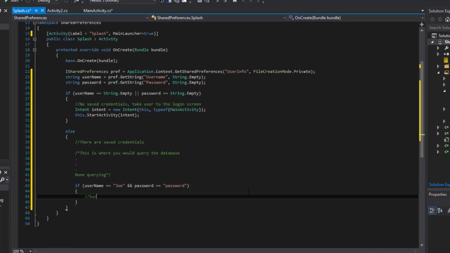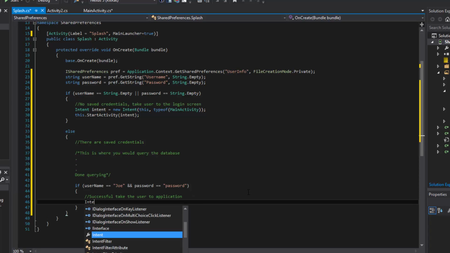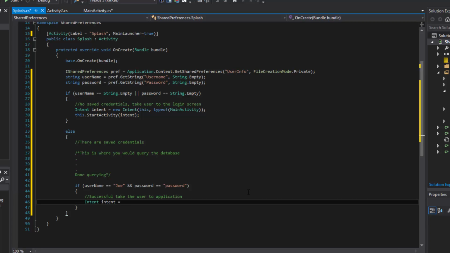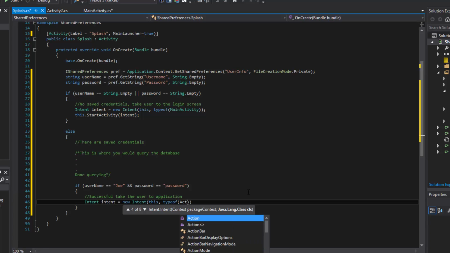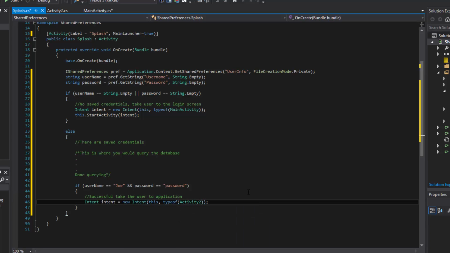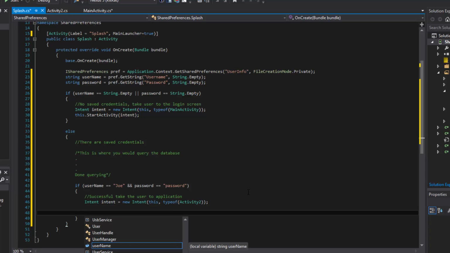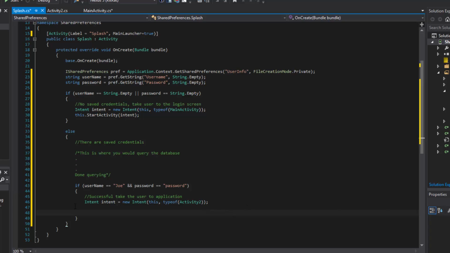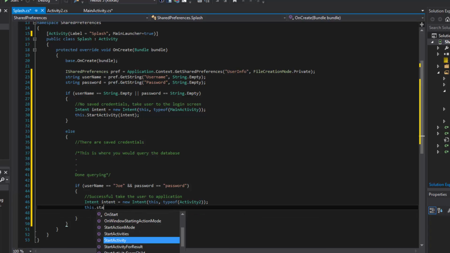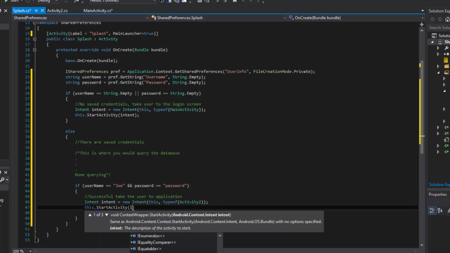So here we'll just say successful, take the user to application. Okay, so the user has logged in successfully. In that case, we want to take them to the main activity, not the main activity, but the activity that is beyond the login screens, so all of the features of the application. Now we want to come after here, we'll start the activity, send the intent,